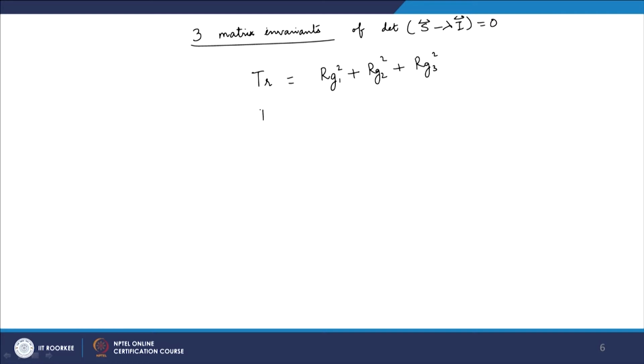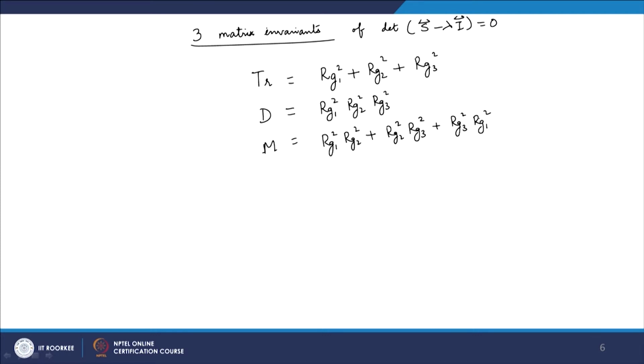The second one is the product of them, and the third one is Rg1 square, Rg2 square plus Rg2 square, Rg3 square plus Rg3 square, Rg1 square. And using these 3 invariants, actually only 2 of them, I can define a measure known as asphericity